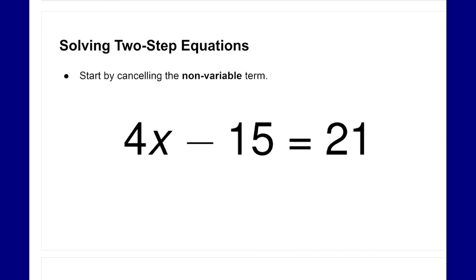But the one thing we want to do, we look at this, we want to get x by itself here. There are two numbers that we need to get rid of, the 4 and the negative 15 or the minus 15. So the only challenging part here becomes which one do I get rid of first? And I'm going to tell you that you have to cancel out the non-variable term first. So you have to get rid of the minus 15 first. And if you did the mobiles at the beginning and then that little warm-up, you would have canceled out the non-variable term first. And that is what you're going to be doing here. So we're going to get rid of this minus 15